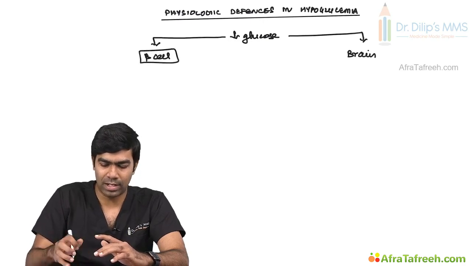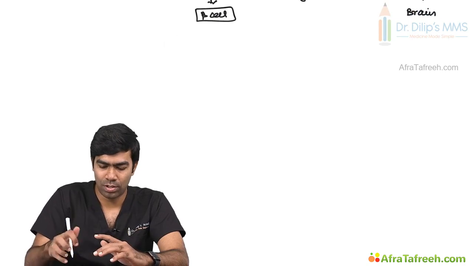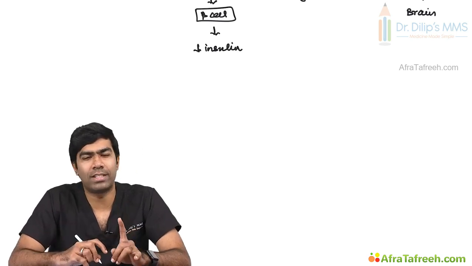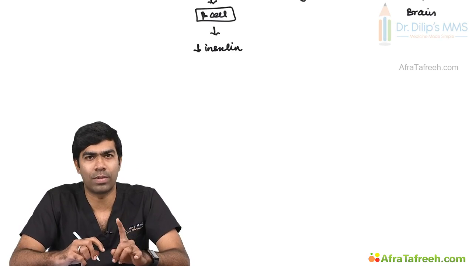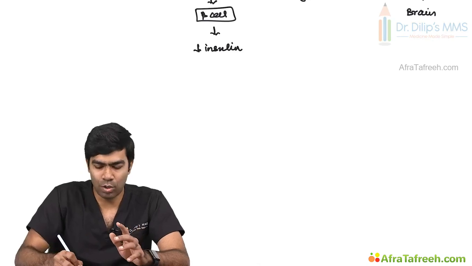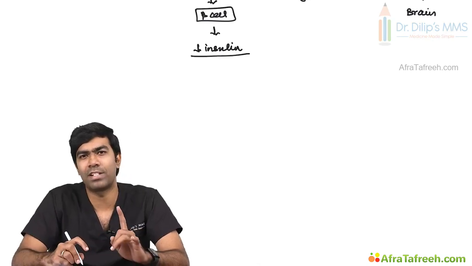So where the beta cell senses this low glucose, it is going to reduce insulin production and secretion. And you know, beta cell insulin secretion and production is glucose dependent. That's what we call a glucose dependent insulin release. So whenever there is low glucose, there's going to be low insulin, and this will be sensed by the alpha